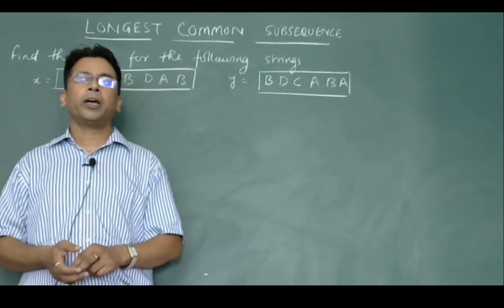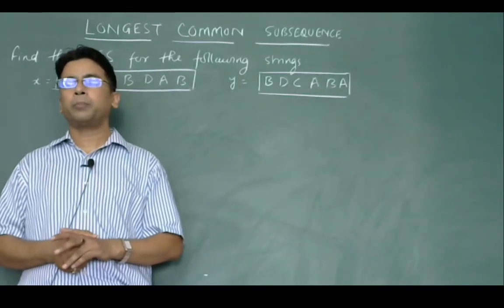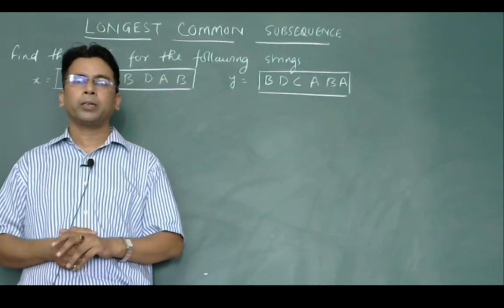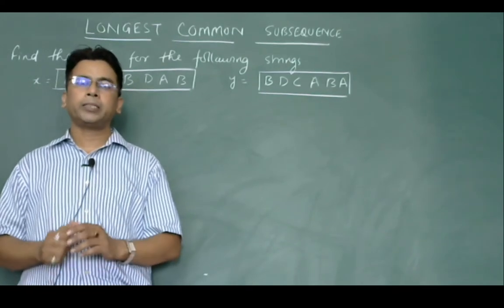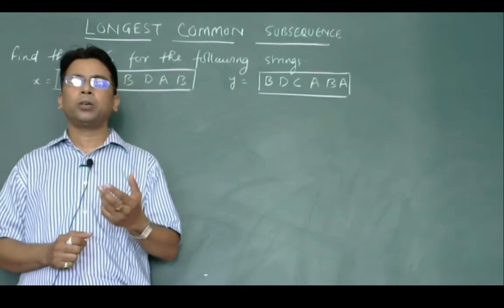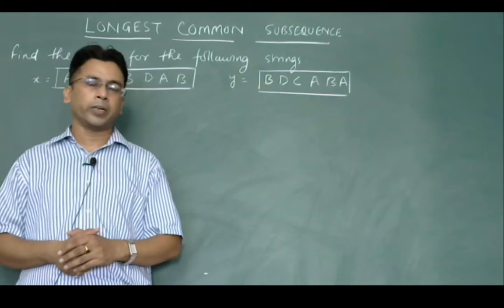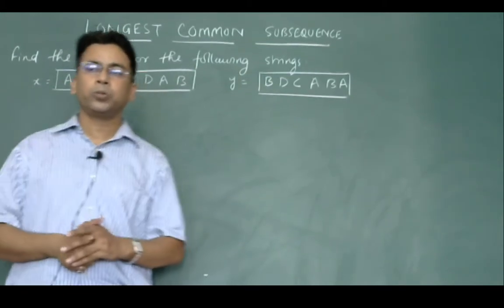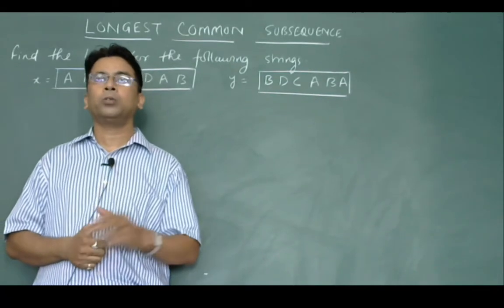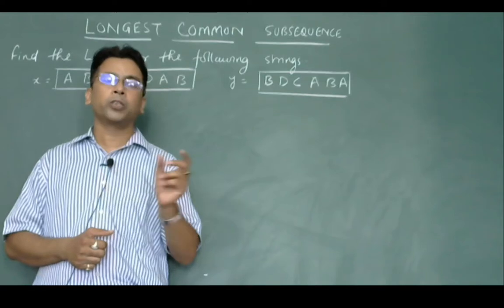Hello student, today I am going to teach you about the longest common subsequence problem. This is a problem that is solved with the help of dynamic programming. In this technique, we find the common sequence between two strings, but not the common sequence as we normally find between two strings. This technique is basically used in genetic engineering, in which we want to find the common segments of the genes, which would not be consecutive.